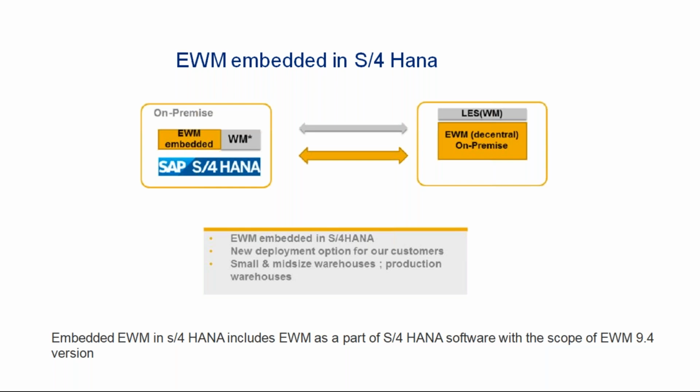But when it comes to transactional data, even though EWM is embedded on S4, it still acts as an independent system within S4. Let me just repeat that. Even though EWM is embedded on S4, it still acts as an independent system within S4. So that's the reason we still need to transfer the transactional data from the ERP side to the EWM side of S4. And also, once you perform activities in EWM, that data should flow back to ERP. So that's the whole point. Okay. Now, which version to use?